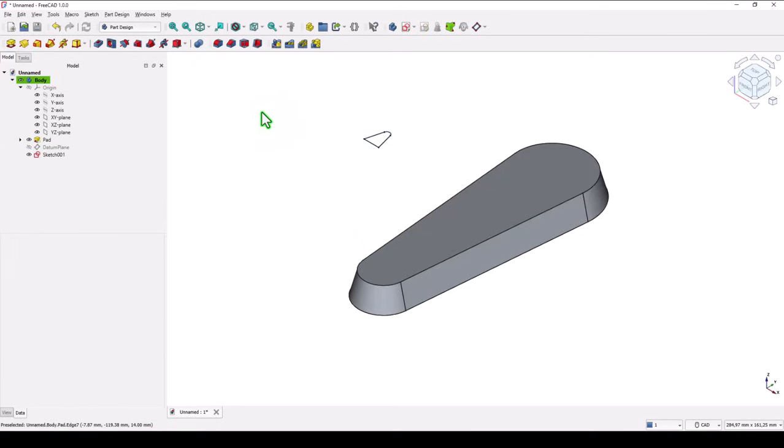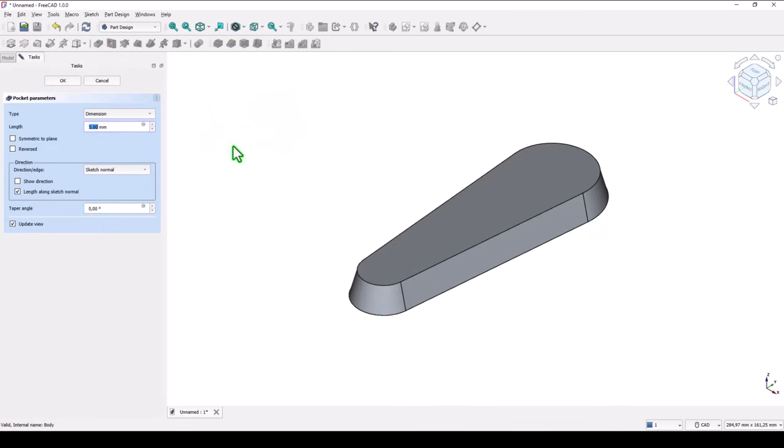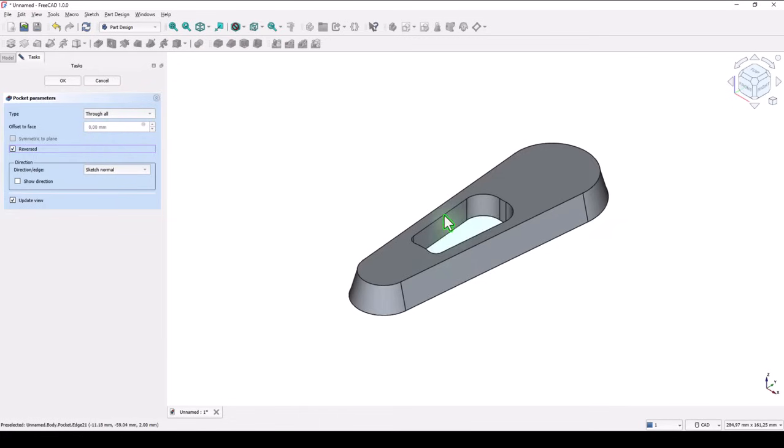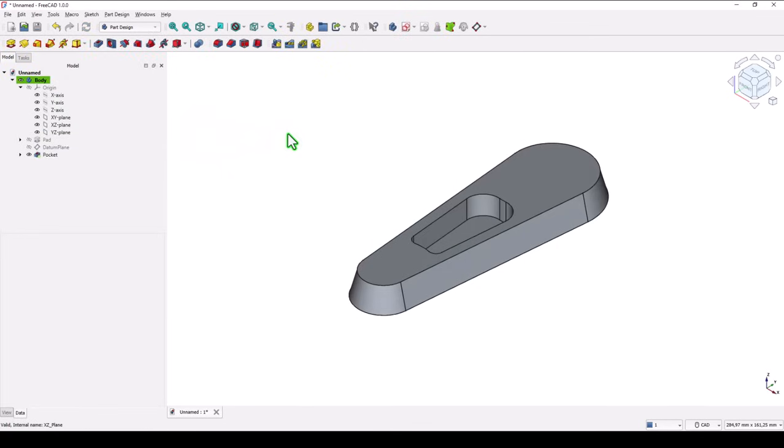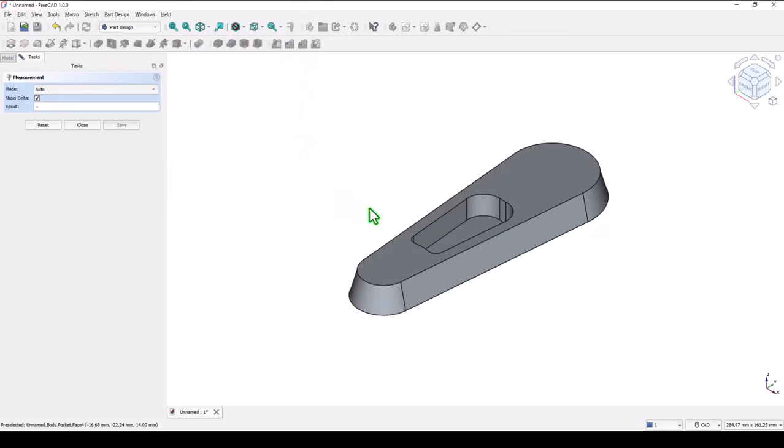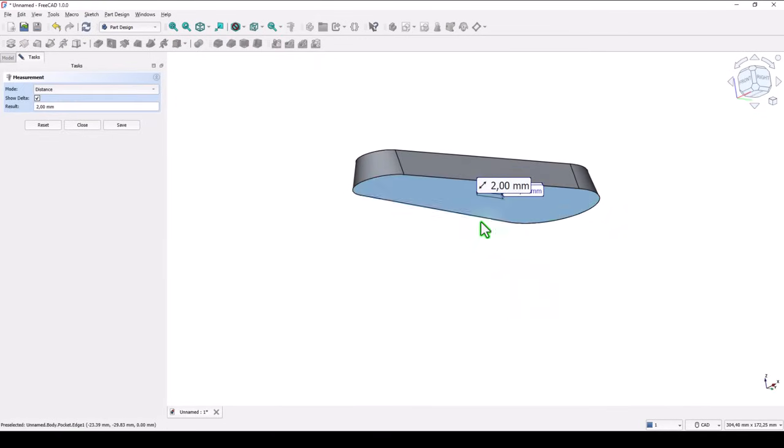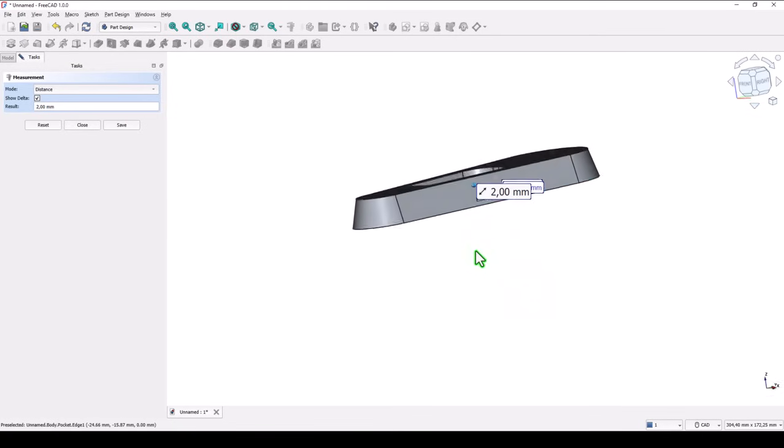we apply a pocket of that, reversed, you see, through all reversed up. Okay, we can measure the distance between this and the bottom. Let's make this and this. The distance is 4 millimeters divided by 2. Yes,